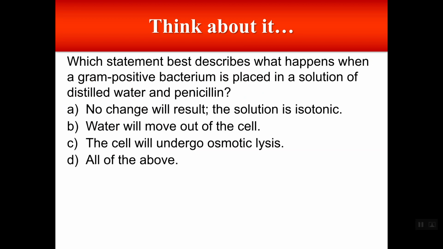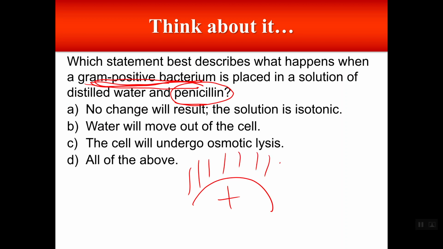Which statement best describes what happens when a gram-positive bacterium is placed in a solution of distilled water and penicillin? Remember, one of the cons of gram-positive bacteria is that they are more sensitive to antibiotics that affect peptidoglycan synthesis, and penicillin is one of those. If we take our gram-positive bacteria with this thick layer of peptidoglycan, everything's nice and neat, and put them in distilled water, some water is going to get in there, but nothing will really happen because they have that nice thick layer of peptidoglycan. Now, throw in some penicillin and guess what? We start erasing that